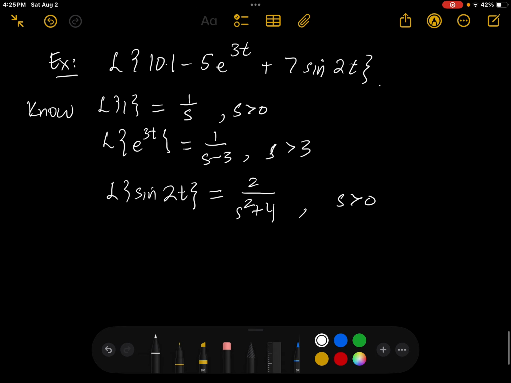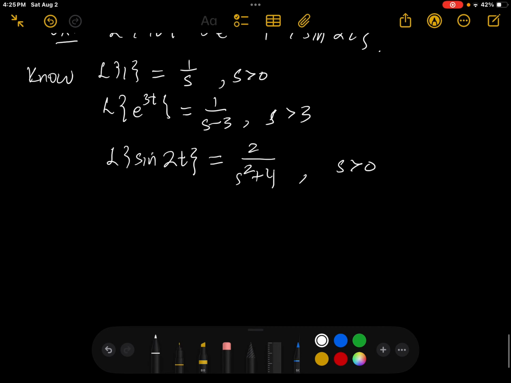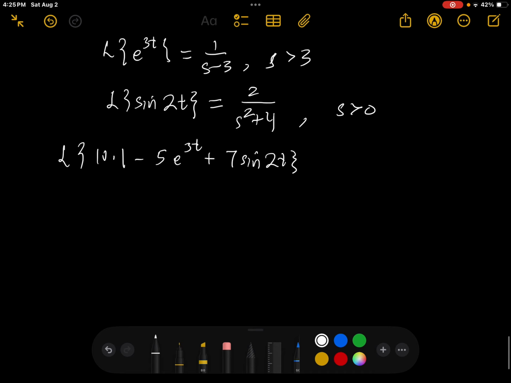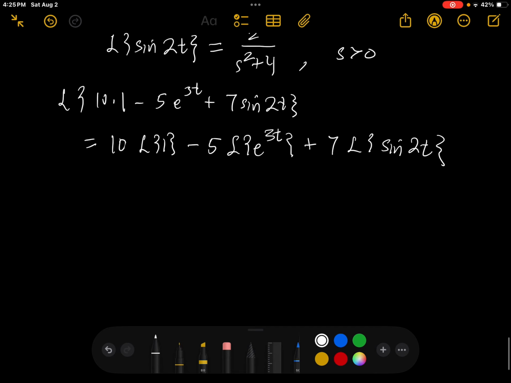So now we can use the linearity property, because the Laplace transform of 10 times 1 minus 5 times e to the 3t plus 7 sine of 2t, by the linearity, is going to equal 10 times the Laplace transform of 1, minus 5 times the Laplace transform of e to the 3t, plus 7 times the Laplace transform of sine of 2t. And this is going to be equal to